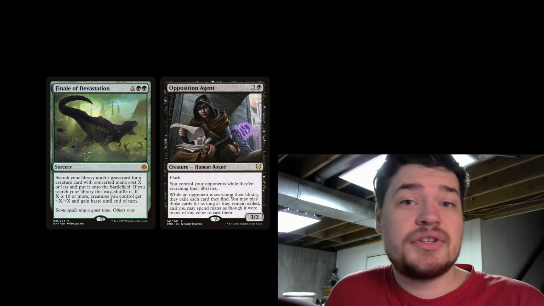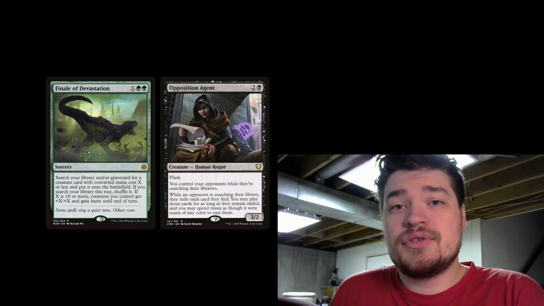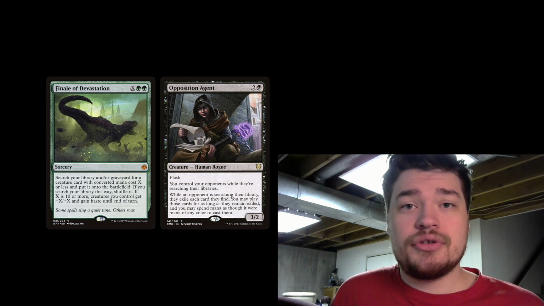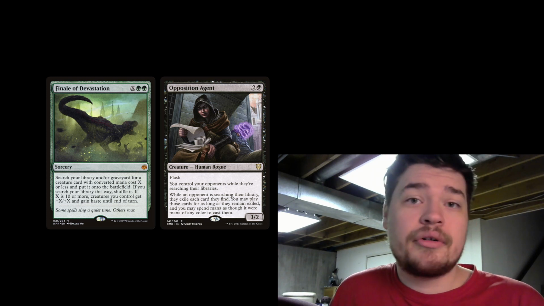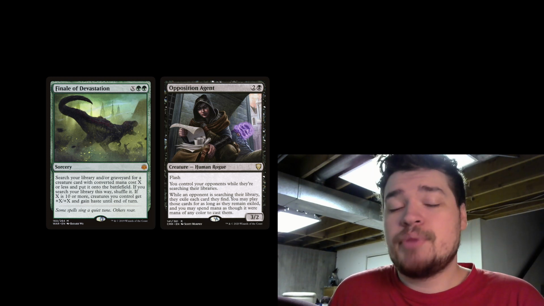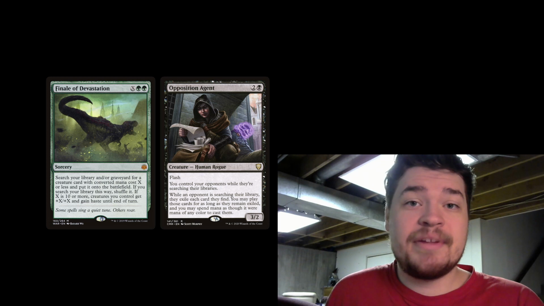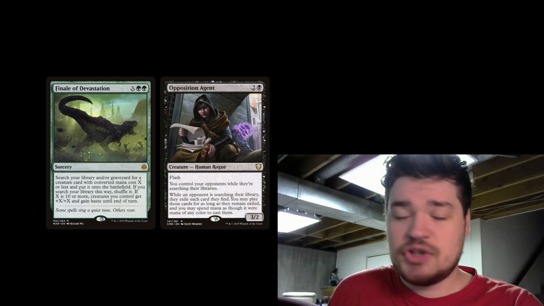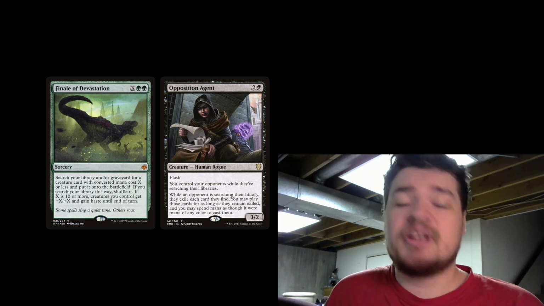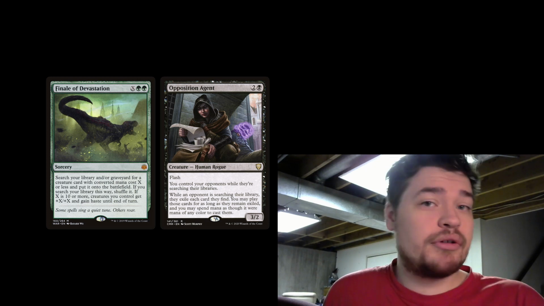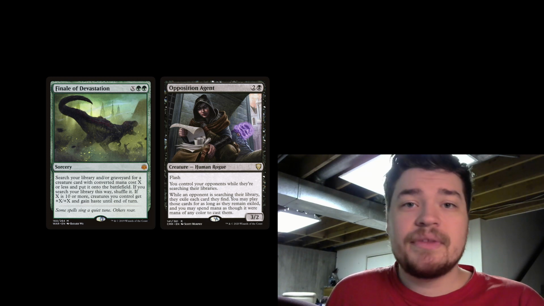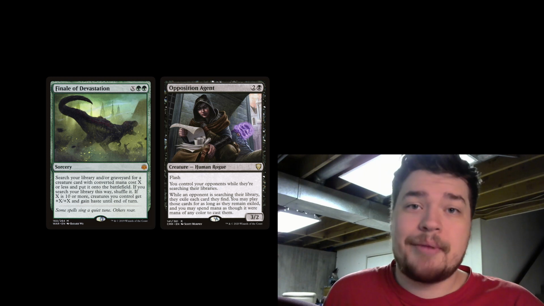You can choose not to search your library and instead resolve the spell as search your library and/or graveyard. This means that you will purely search for a card that meets the requirements just from your graveyard. Because of this, you can use Finale of Devastation purely as a reanimation spell instead of a tutor through your library.